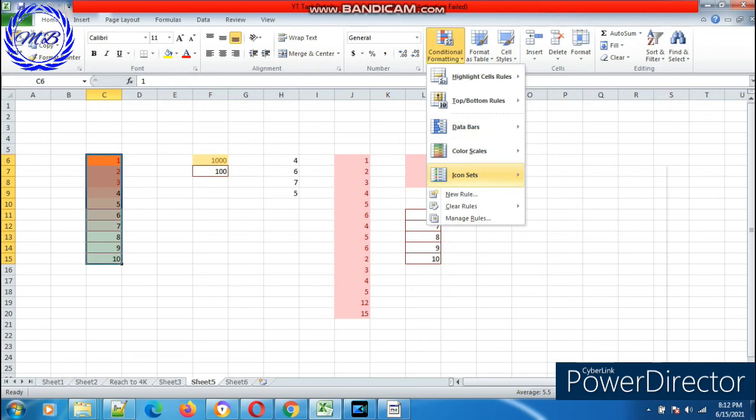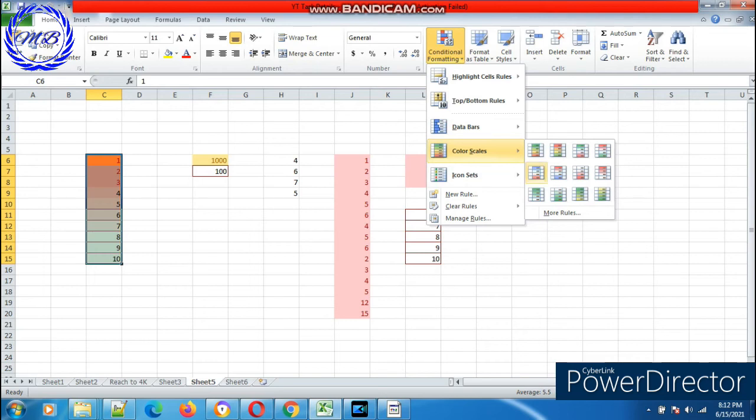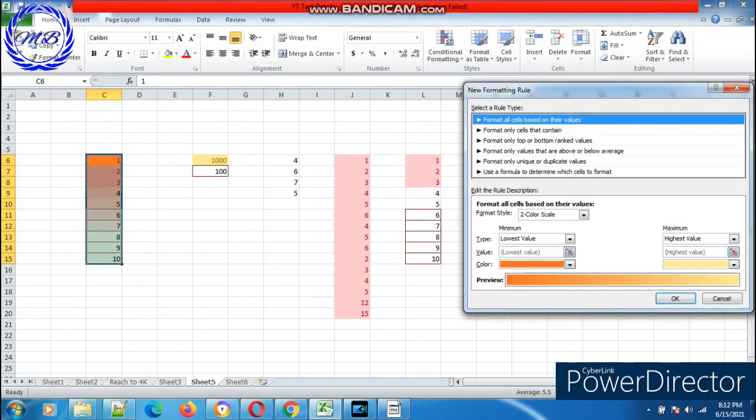Color scale, sorry. Color scales means the value-wise scaling of colors. Basically, you can see right over here. This comes under minimum value, kind of less value, average value, and higher values. So this generally you can define over here. Two color scale, minimum value, maximum value. So the value nearest to the minimum values will be colored in this particular orange color, and the values near to the maximum values will be colored as yellow color.